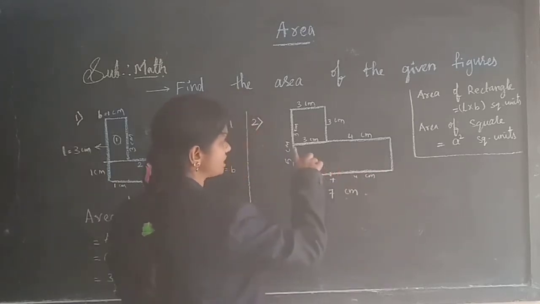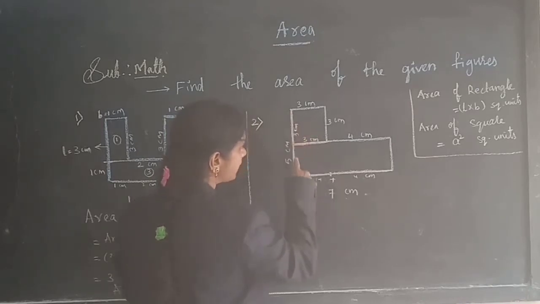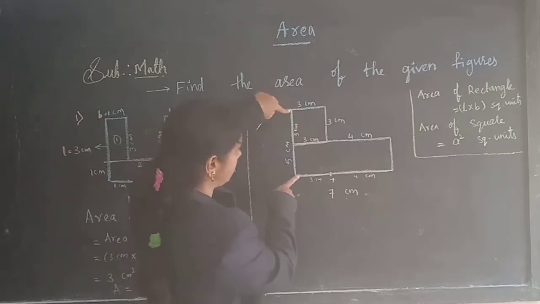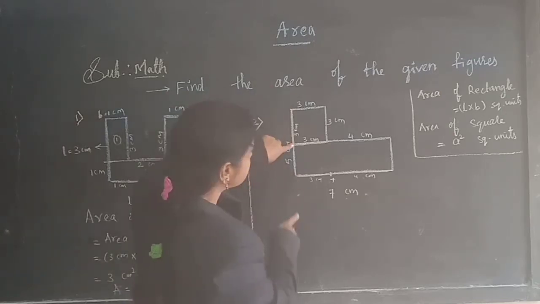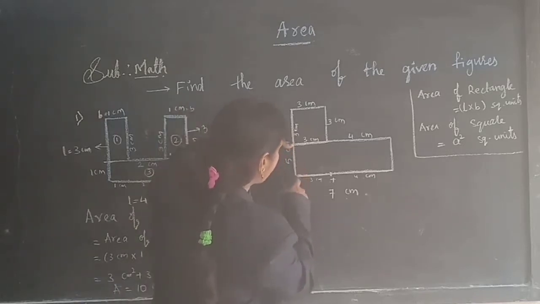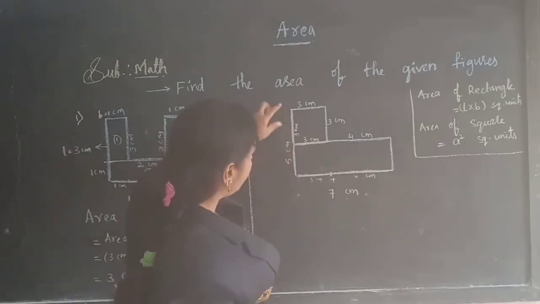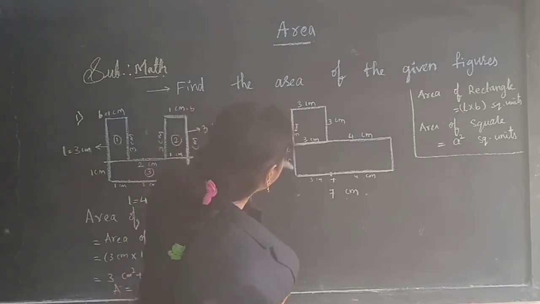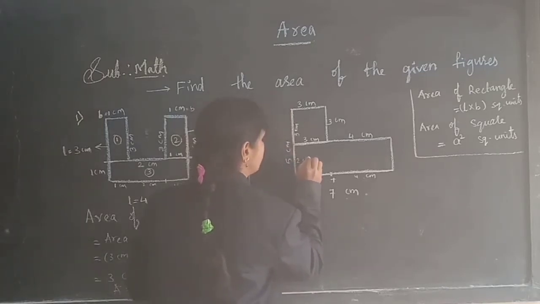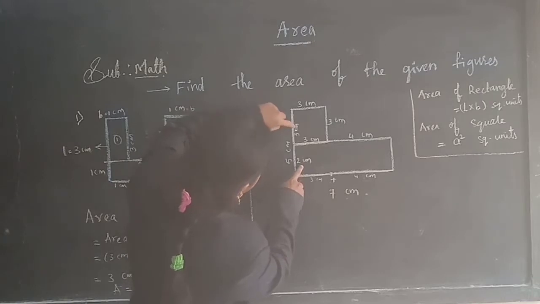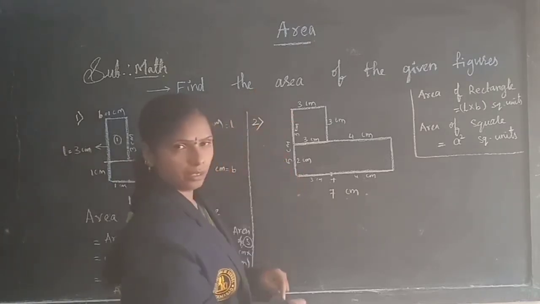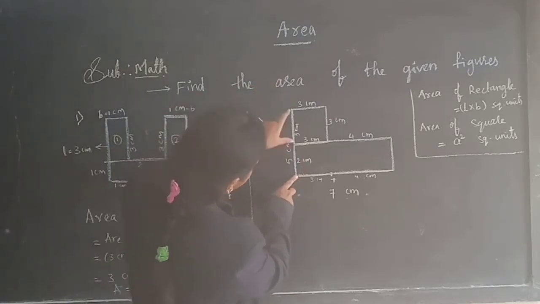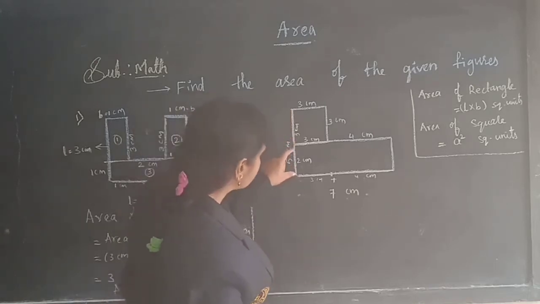Okay, and coming to this part. This total side length will be 5, children. Here they have already given 5 centimeters as the total length of this side. From it, up to here is 3 centimeters. So the remaining part will be the total 5 minus the part we already know, 3 centimeters, so automatically this will be 2 centimeters. Yes, children, 2 plus this 3, the total length will be 5. How did we get this 2 centimeters? From the total side length of 5 centimeters, I subtracted this part, so I got this part's length.